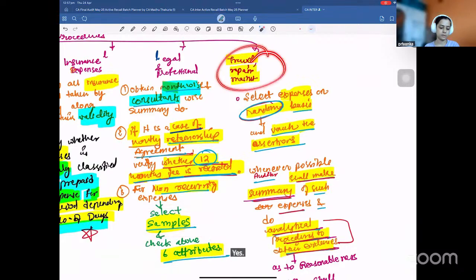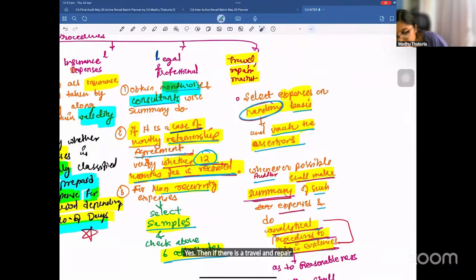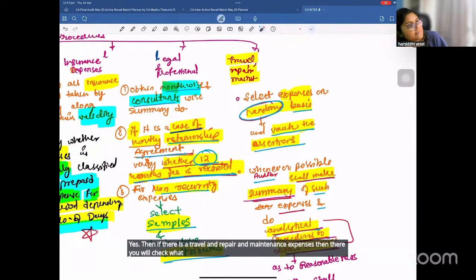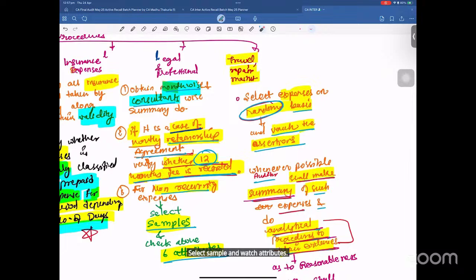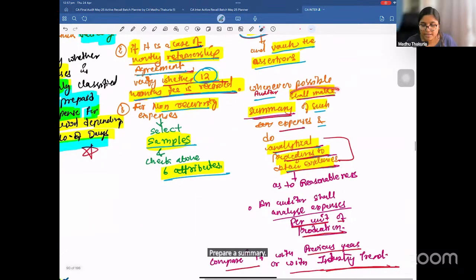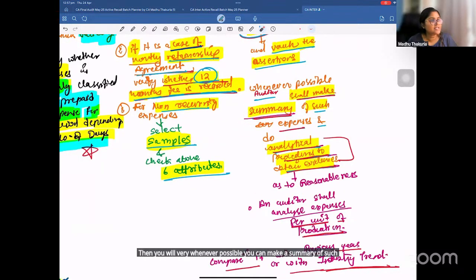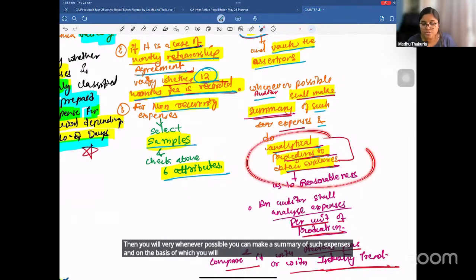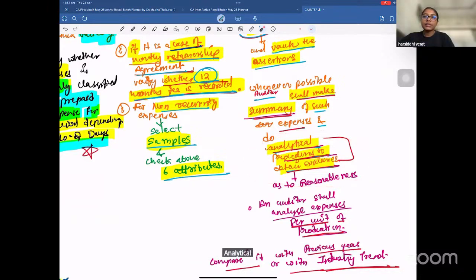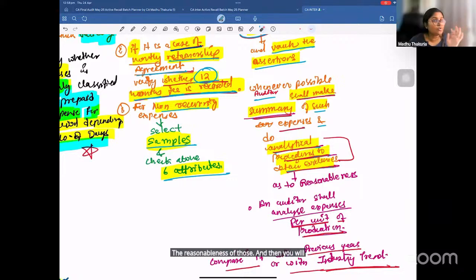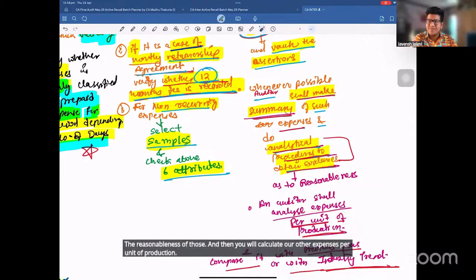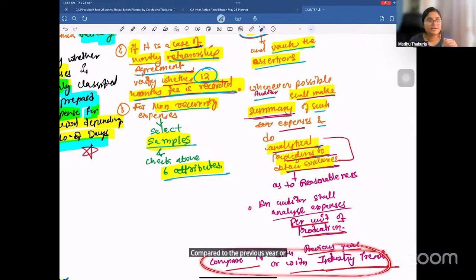Then if there are travel and repair and maintenance expenses, what will you check? First you will select a sample and the voucher attributes. Whenever possible, you can make a summary of such expenses, and on the basis of that you will perform the analytical procedure to compare the reasonableness. And then you will calculate other expenses per unit of production and compare it with the previous year or